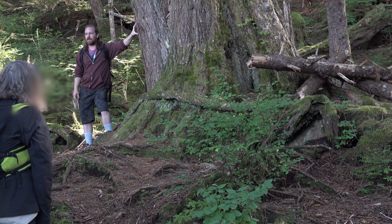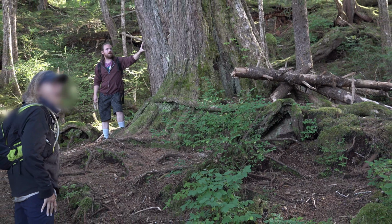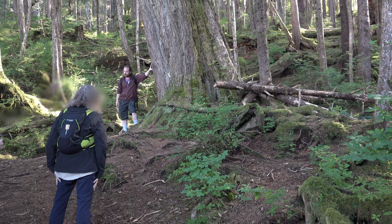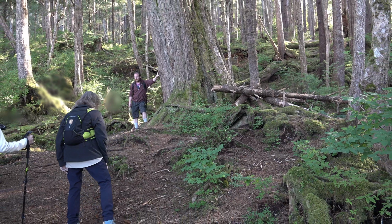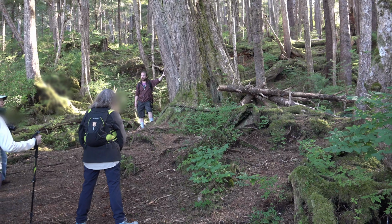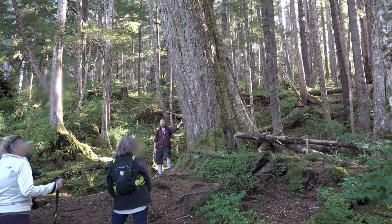So this is just like our little marker to remind us that Captain Cook was here. And around here, he actually took one of the Sitka spruce, which is what we have here. It's a very straight, very strong tree. It was used in World War II airplanes actually for the wings. That's how strong it was. But the reason why Captain Cook...